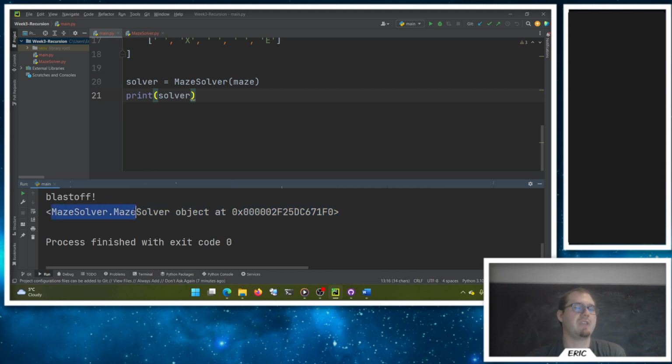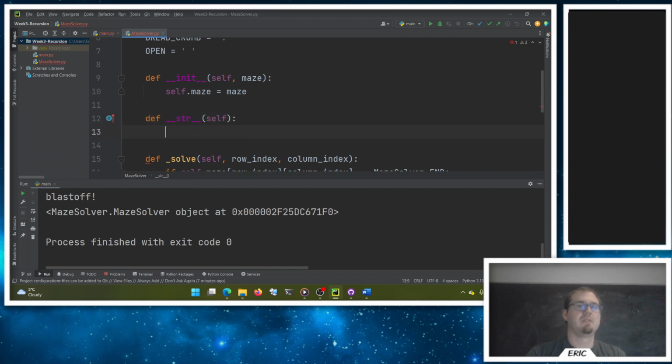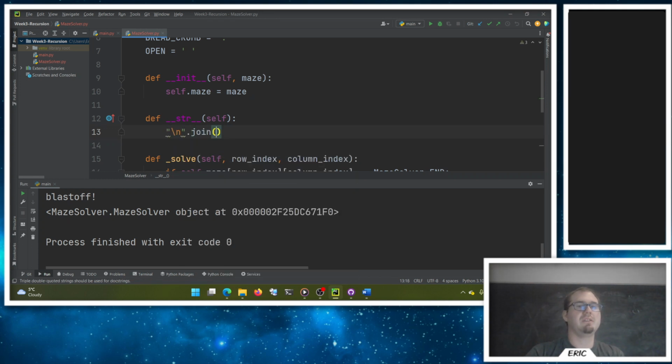So you get, hey, here's the name of the class. This is essentially its memory location, best I can recall. Not very good. But if we want to write our own version for how do we define ourselves as a string, great. Now to do this, we can use some of that fancy list interpolation. So I'm going to take a new line character and I'm going to join together something, right? So what list am I joining separated by new lines? Well, I need